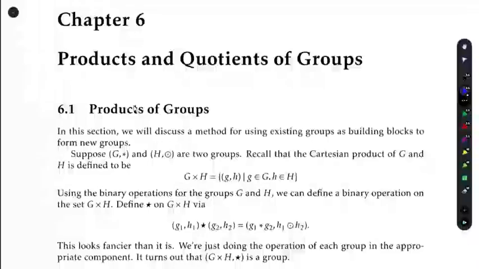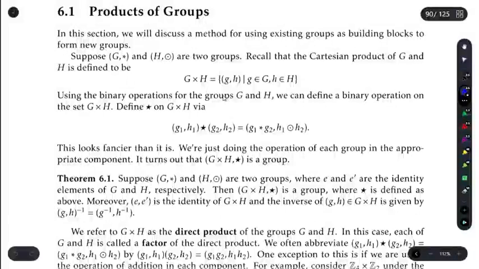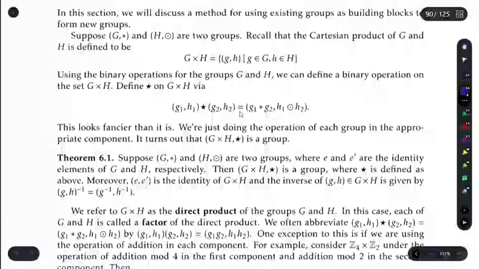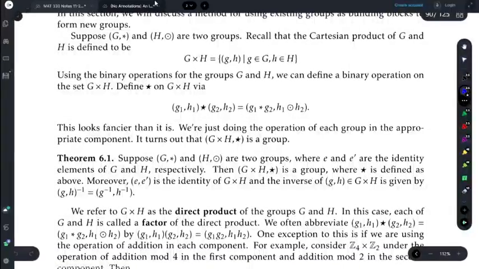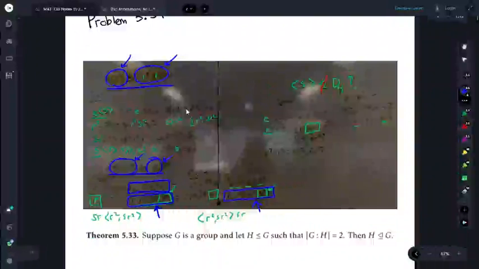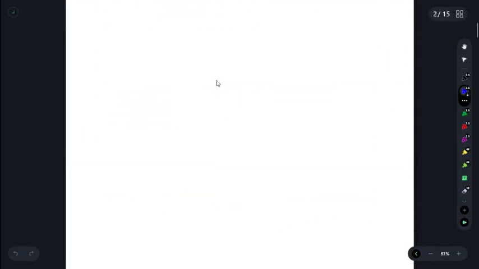So we have the direct product. It's showing up in your book, and you watched a video all about it. But in general, I guess we'll just write down this one thing for your notes. I know that you already have a whole bunch of stuff, but let's just write down the gist of what we're trying to say. So the gist of what Theorem 6.1 is trying to say is that if G1 and